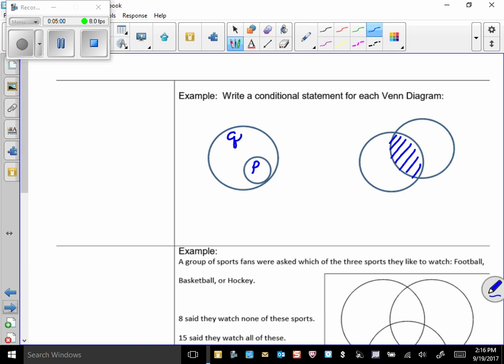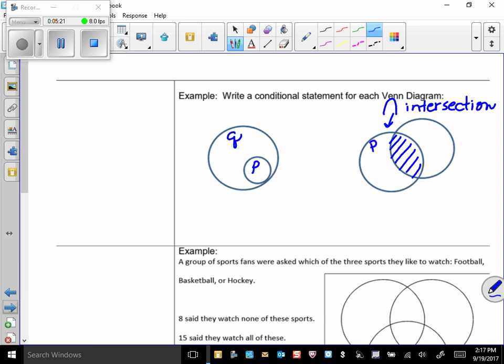That means it applies to both, right? And remember, I know you learned this a while back, but that's called the intersection. The intersection is if it's covered by both or included in both. So let's see if we can figure out what if I